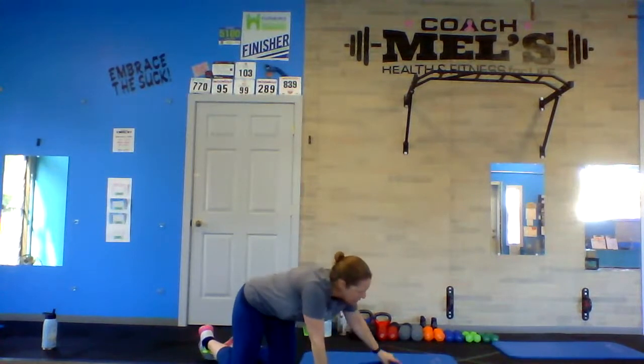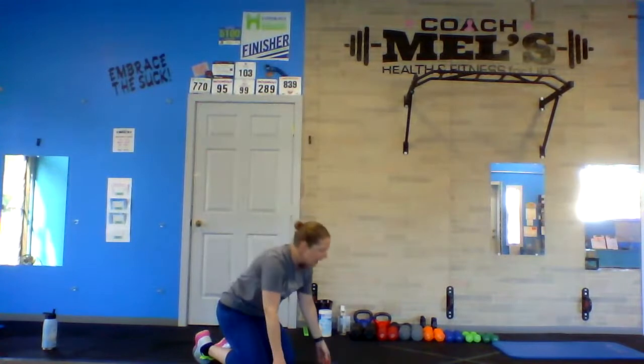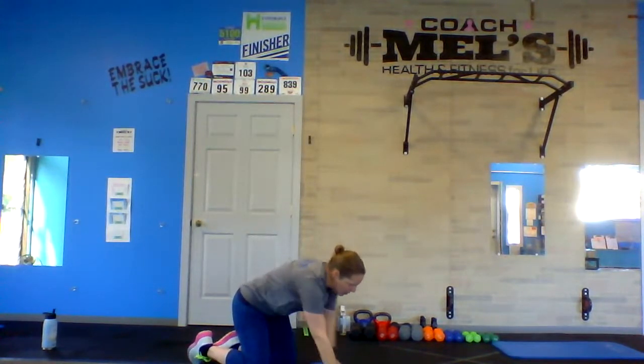All right, let's do our shoulder taps. Now again, if you can start on your toes, if you have to go down to your knees, that's fine. Or you can start at your knees, or see if you can get this one all the way from your toes. So place those wrists underneath your shoulders. Legs out, squeezing the abs, squeezing the glutes. And here we go. 1,